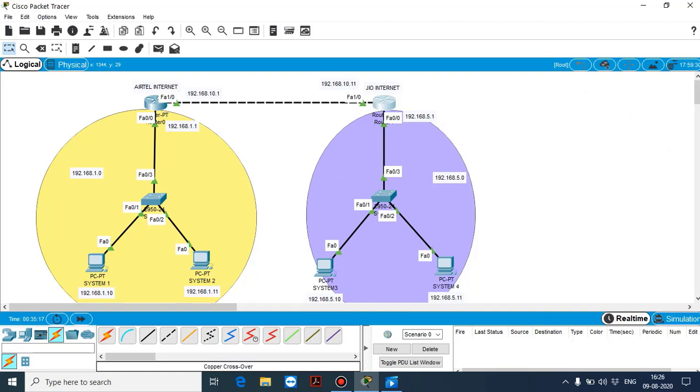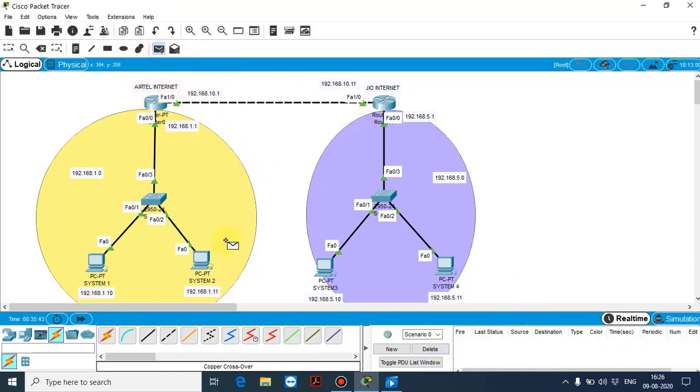Let us check whether it is working or not. Go to the PDU, click from this PC to this PC, I received successful. If I check from this network to this router, I get successful. From this to this, I received successful. From this router to this router, still successful.